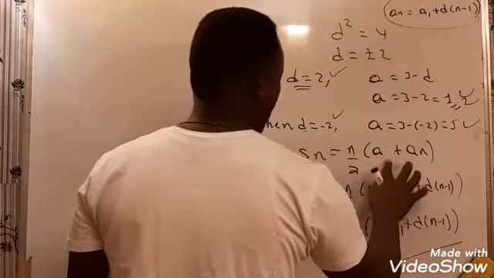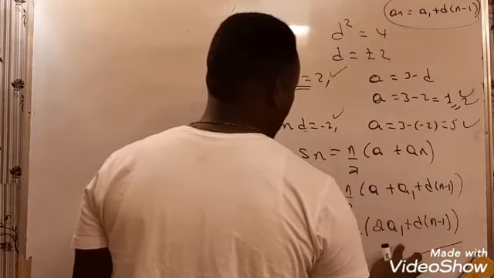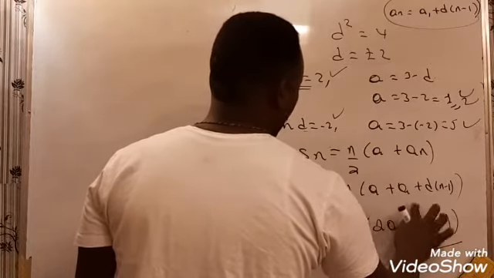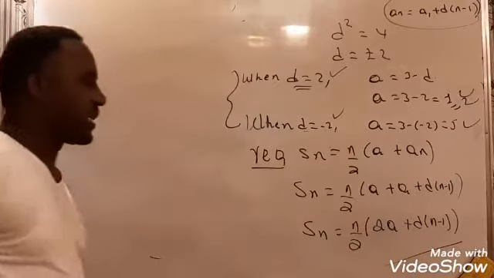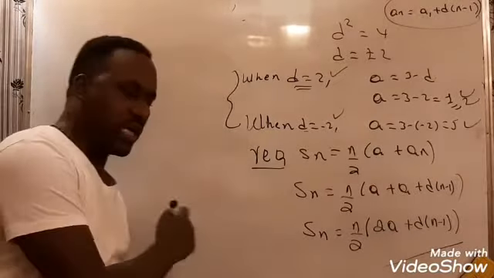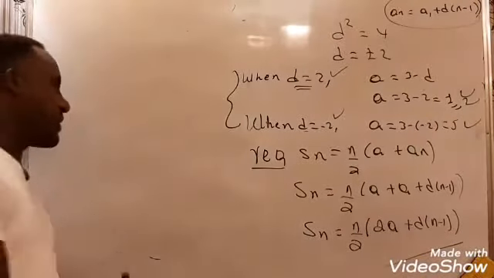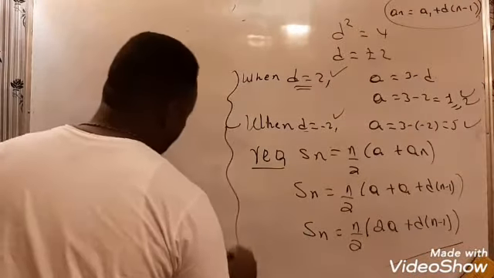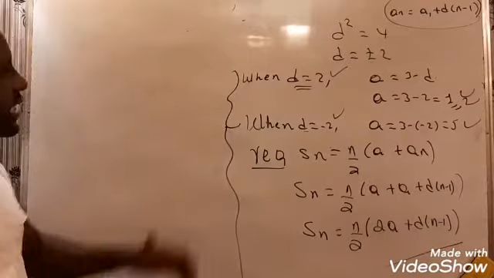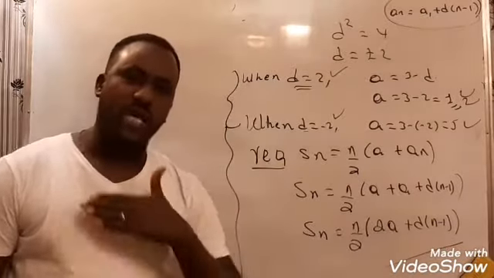So let's just make this a, and finally n over 2 into 2a plus d into n minus 1 will be the general formula for any partial sum of an arithmetic progression. But you are asked just to find the sum of the first n terms of this problem,